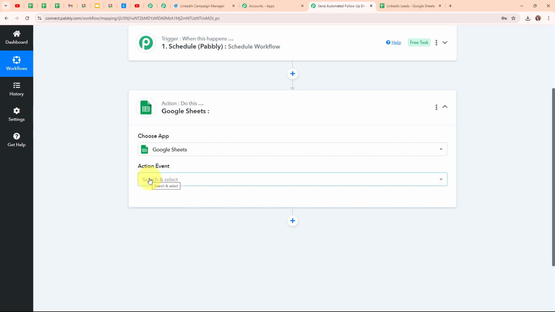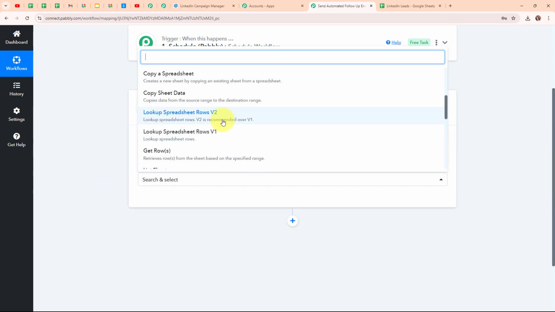Whether you're tracking expenses, creating project plans, analyzing data, or working on a group assignment, Google Sheets makes it easy to work together and stay organized. Plus, it integrates seamlessly with other Google apps like Google Drive and Google Forms, making it a go-to tool for personal and professional use. So here in my Google Sheets action step, I'm going to select my action event as